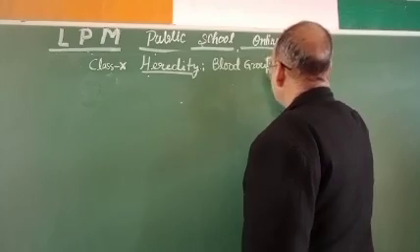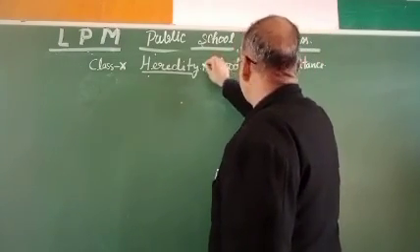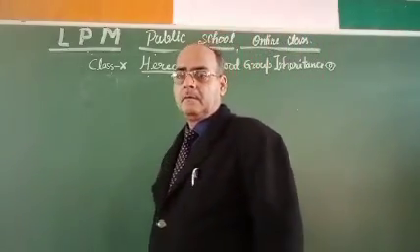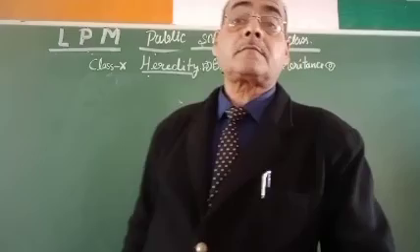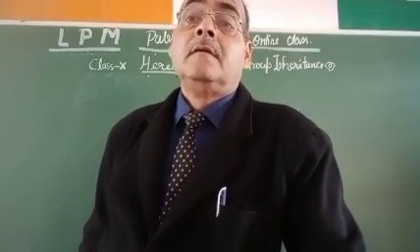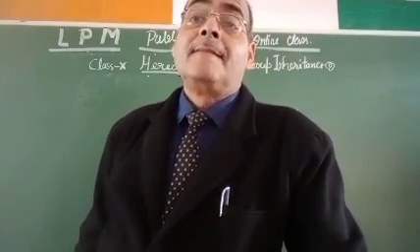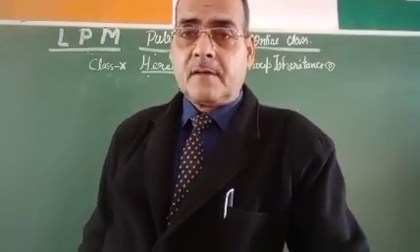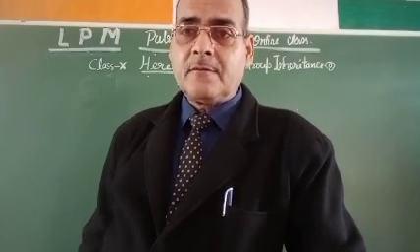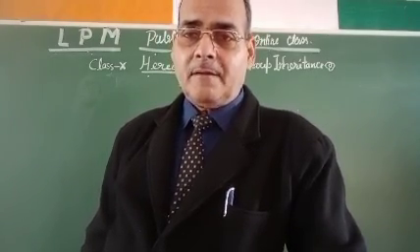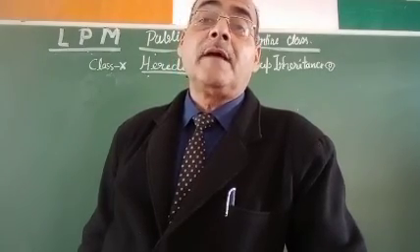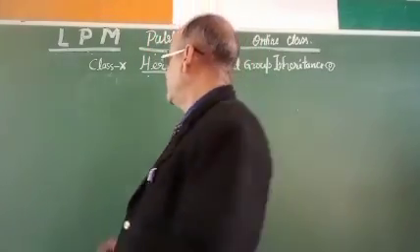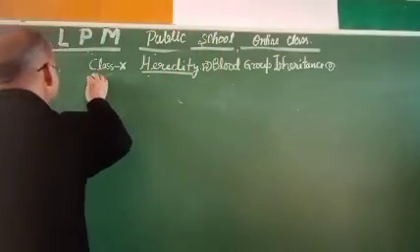Blood group inheritance. How the blood group gets inherited into the offspring, into the child of a human. Considering this, we have to know first of all, the blood groups are of 4 types that are found in humans: blood group A, blood group B, blood group AB, and blood group O. So let us start.